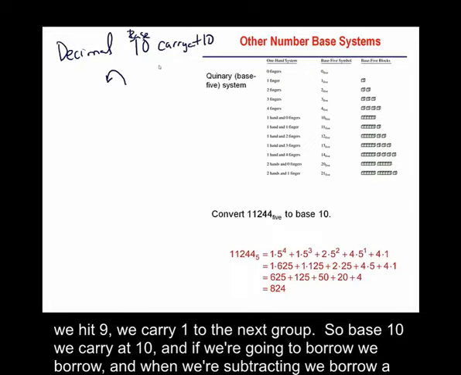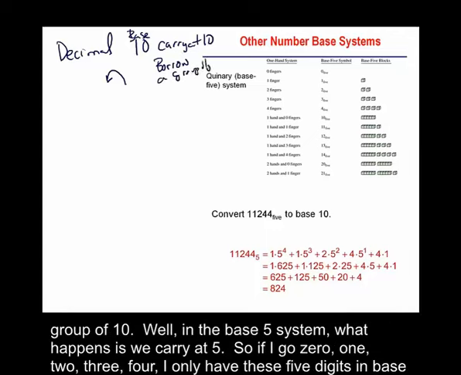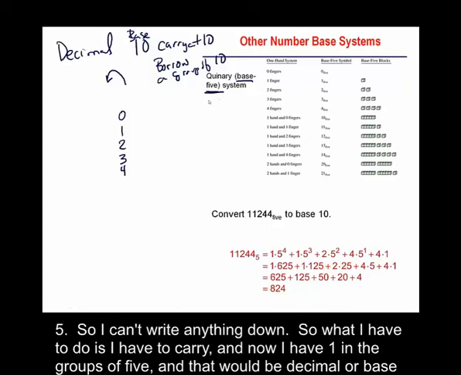And when we're subtracting, we borrow a group of 10. Well, in the base 5 system, we carry at 5. So if I go 0, 1, 2, 3, 4, I only have these 5 digits in base 5,